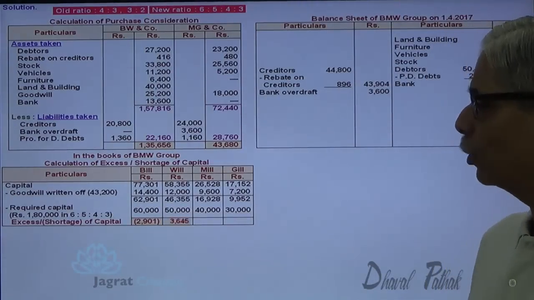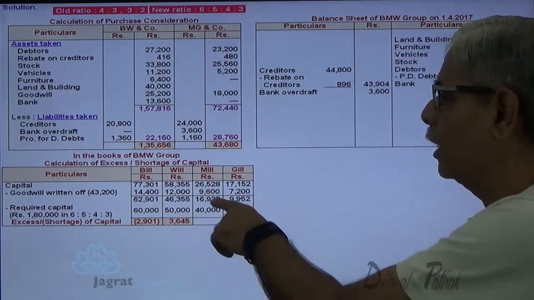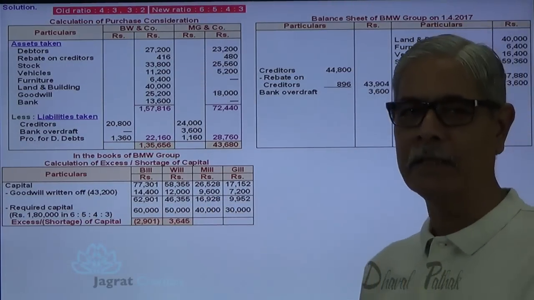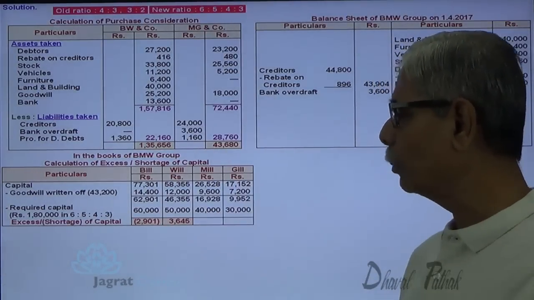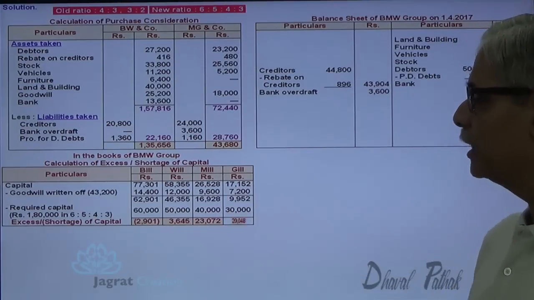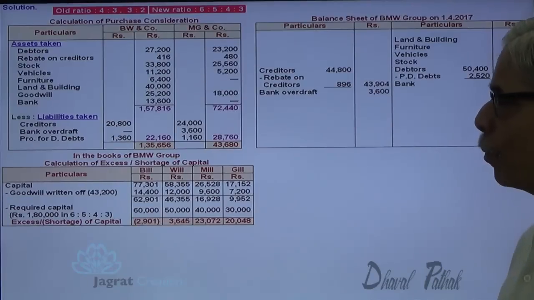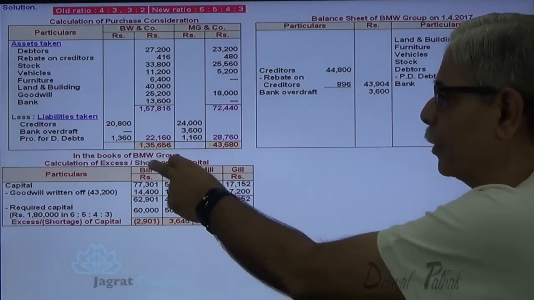So Will is required to bring 3,645 into the partnership firm. Here the capital is 16,928. Required capital is 40,000, so Mill is required to bring cash of 23,072. Same way, Gill is required to bring this much cash. So this is the cash to be brought by Will, Mill and Gill,